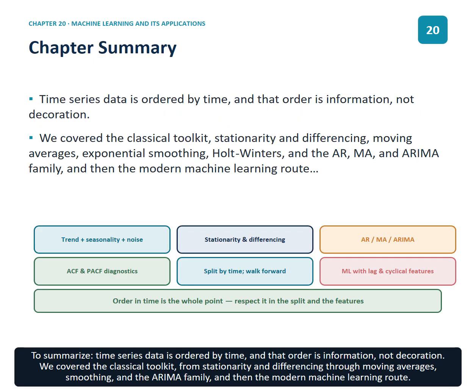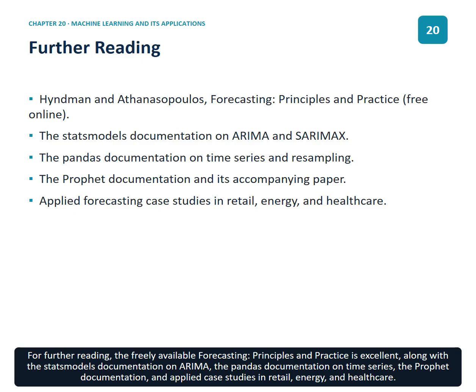To summarize, time series data is ordered by time, and that order is information, not decoration. We covered the classical toolkit from stationarity and differencing through moving averages, smoothing, and the ARIMA family, and then the modern machine learning route. For further reading, the freely available Forecasting: Principles and Practice is excellent,